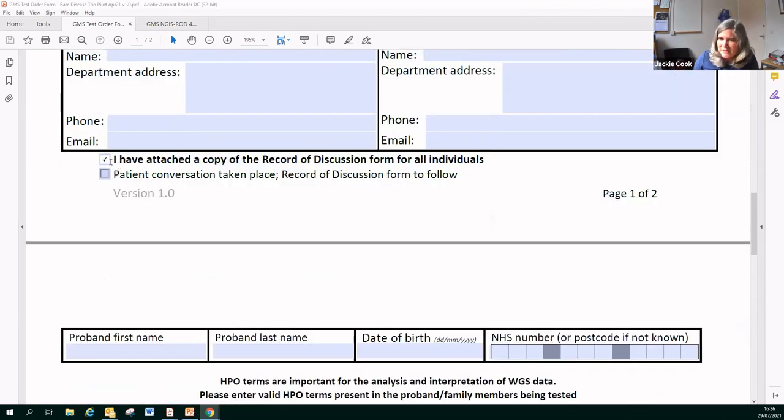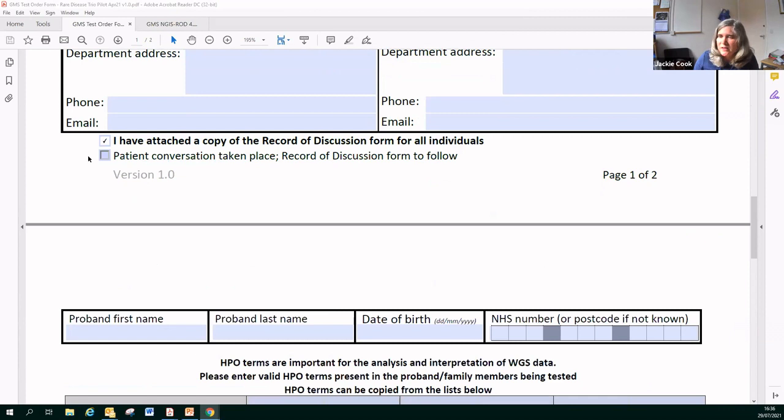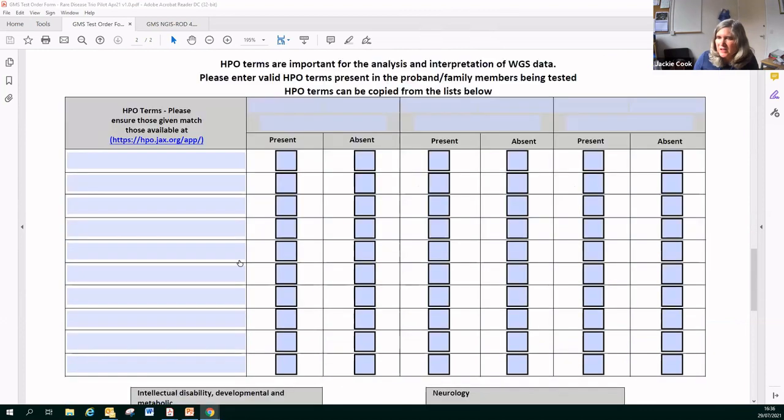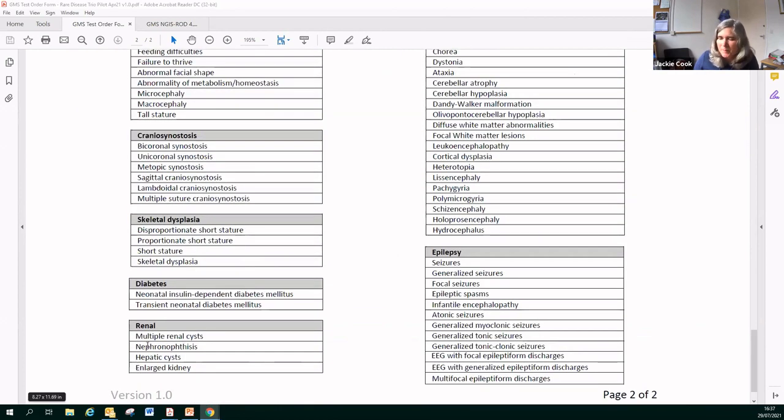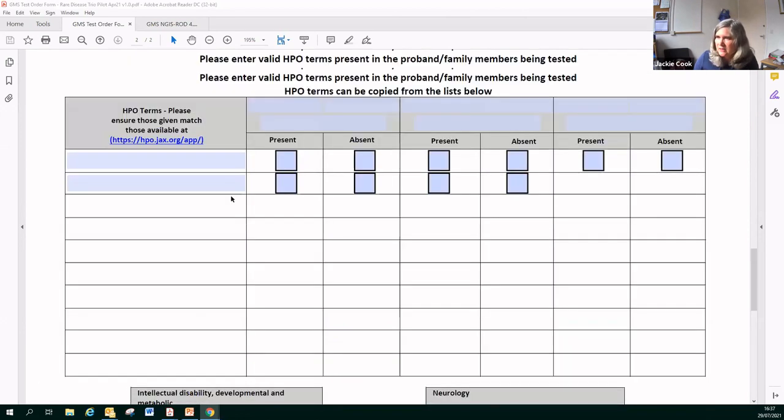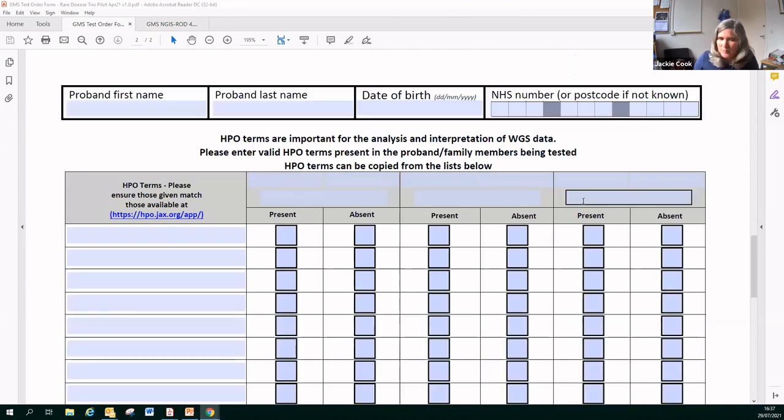You need to tick this box, and I'll discuss what the record of discussion form is in a moment, to say that that's coming with it, or it's not coming with your form, but it's following. And then you need to put the HPO terms on the back, which you can do by ticking. These are the human phenotype ontology terms, and for renal cystic disease, it will be one of these. Maybe one, it may be several of them, and you just copy and paste them in for your proband and anybody else in the family that you're testing. So that's the form that you need to fill in to request a whole genome sequencing, and then the other form,